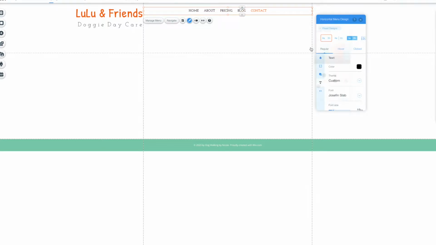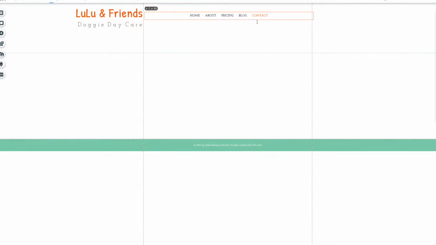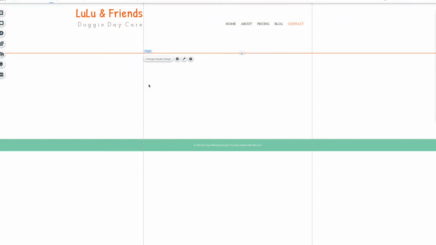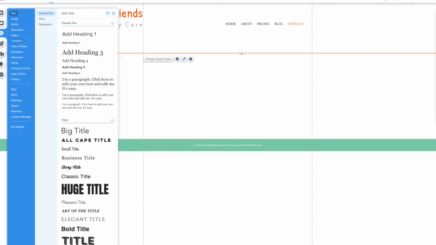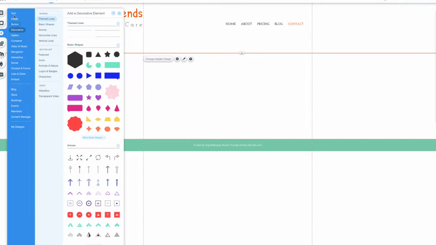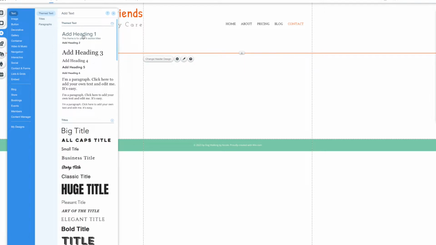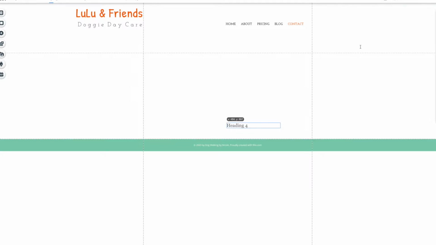All right, so there we go. We got that. The only other thing we want to add on here, we want to drag this down so it's in line. You see how easy it is to make things in line? And you want it to be in line with the doggy daycare. And then we want to add an address and a telephone number. So we're going to add another text and let's make it a little bit smaller. So we're going to grab it, pull it up here, and then put